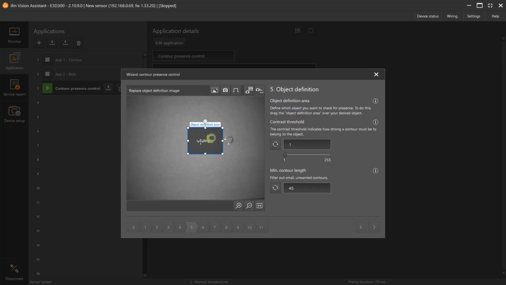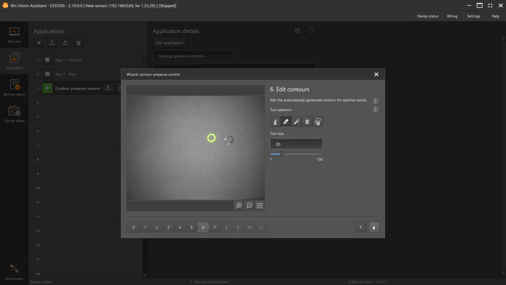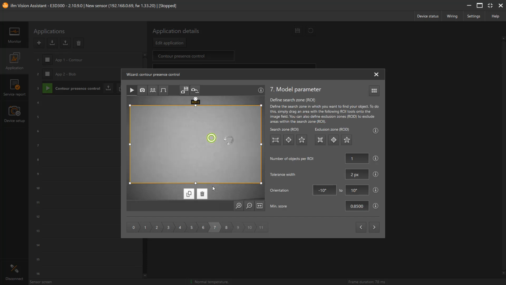These next steps go over defining the contour thresholds and minimum contour length. As the defaults are set already, let's select Next. I'm going to select Next again. I'm going to take this search zone, I'm going to make that smaller, just so we have a quicker exposure time and process of the